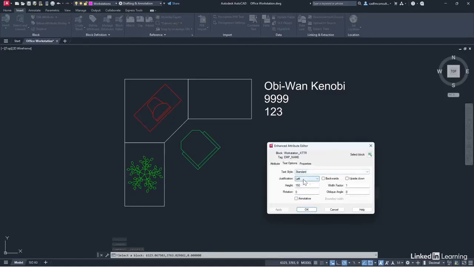You can change the justification. You can set it to backwards like that, which we don't really want. You could have it upside down, which again, we don't really want. But the other thing that's really cool about this is I can go to the properties. So at the moment, you can see that the attribute itself, employee name, you can see the actual tag there